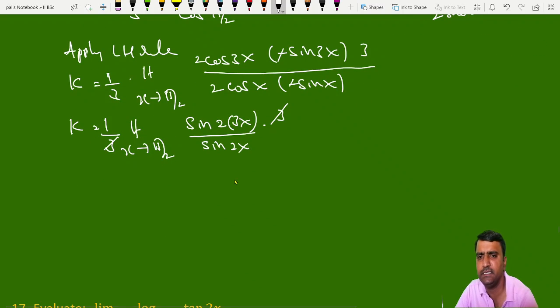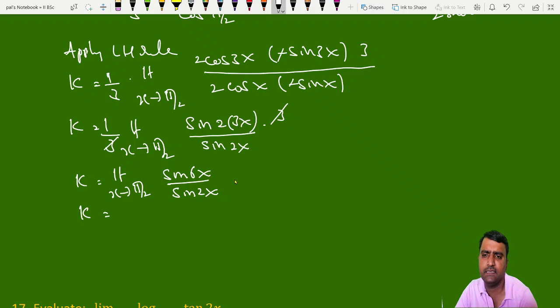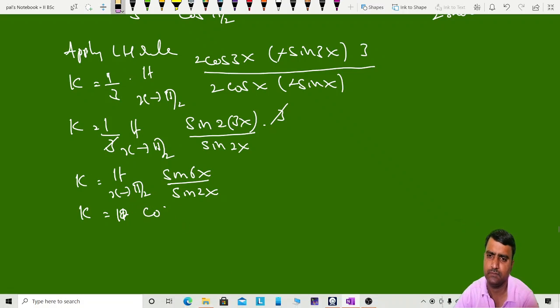Let us apply the limit again. K is equal to limit x tends to pi by 2, sine 6x by sine 2x. So if you apply the limit to this, it is sine 6x